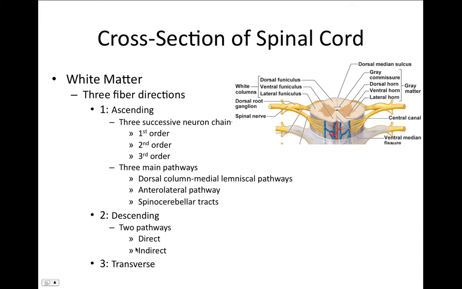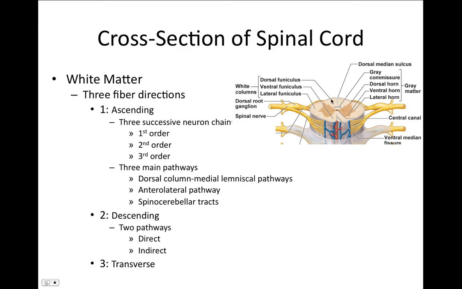Okay, and that would be a three successive neuron chain. So it would be the first order, an interneuron, then the next one would be a second order, and then the third order, which would bring the information all the way up into the cortex. There are different pathways for this, including the dorsal column medial lemniscal pathway. That's a mouthful, but it's going to go up the dorsum of the spinal cord,